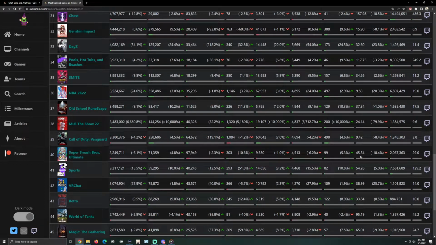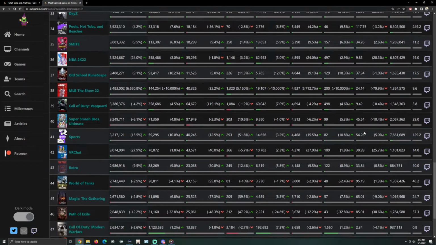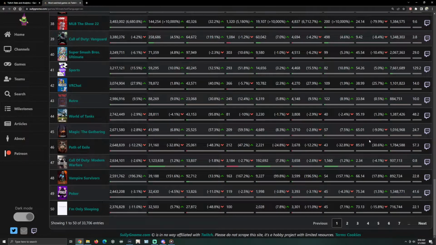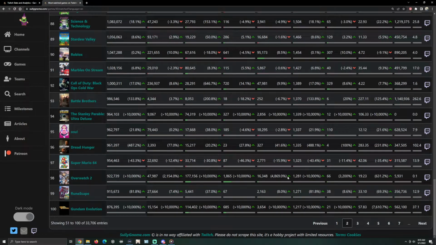You want to be able to pick a game that has a small number of streamers and a high number of viewers. World of Tanks is also good. Magic the Gathering also seems to be good. The higher the viewer ratio you can get, the better. Obviously go check out the game and see if the channels look dead, or if there's just a bunch of one-person streamers. You just have to look at the time of day.